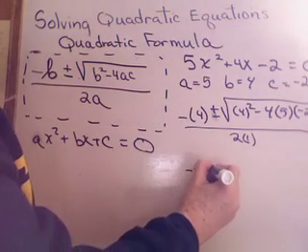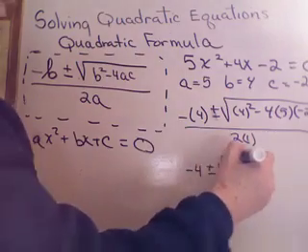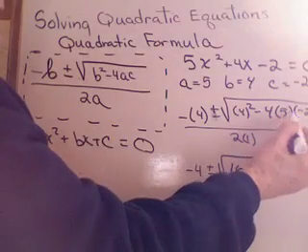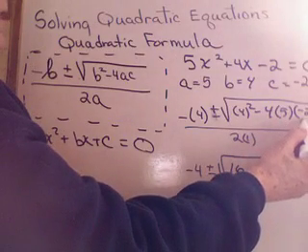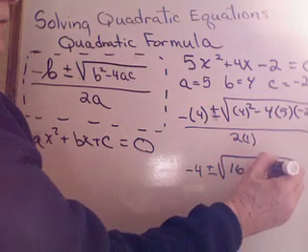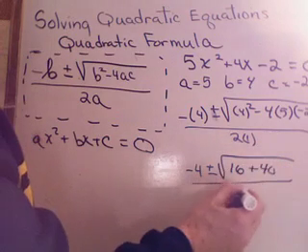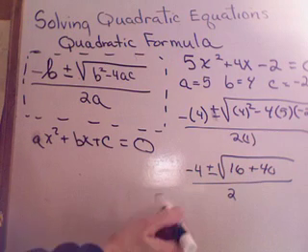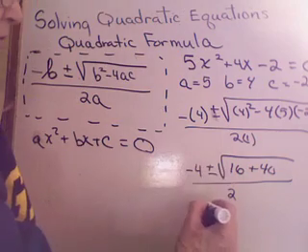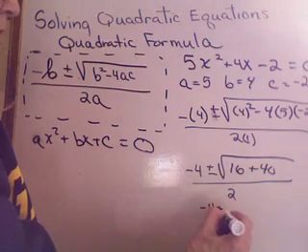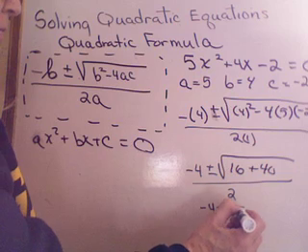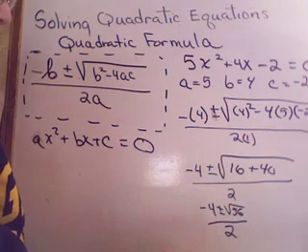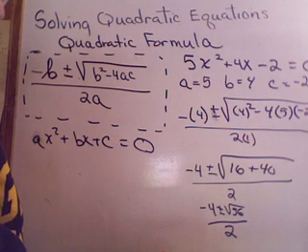Minus 4 plus or minus, now we have to do some figuring. 4 squared is 16, 4 times 5 is 20, times 2 is negative 40, minus a negative 40, plus 40, all over 2a, which is 2 times 1, which is 2. Now, at this part, I have a little more simplifying to do. Minus 4 plus or minus the square root of 56 all over 2. Now, do you think I can leave that answer? I hope you said no,